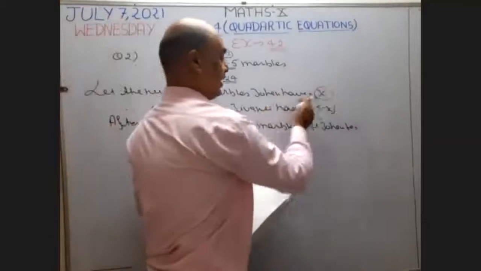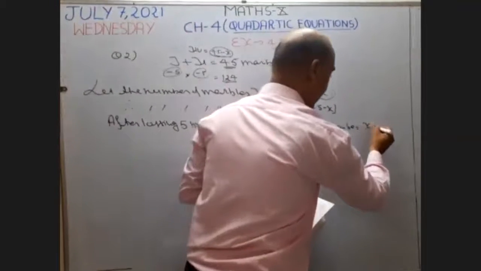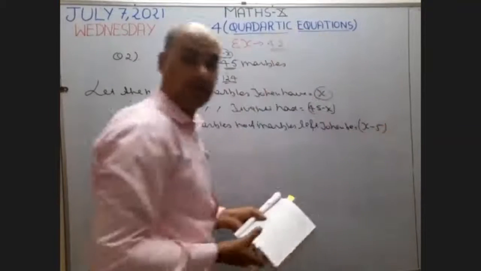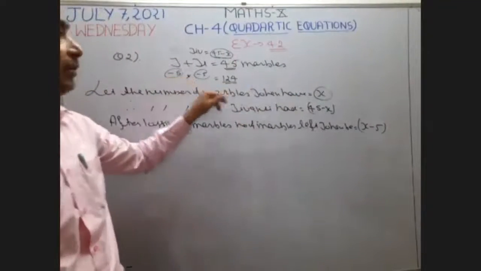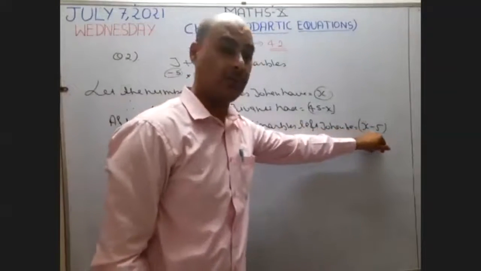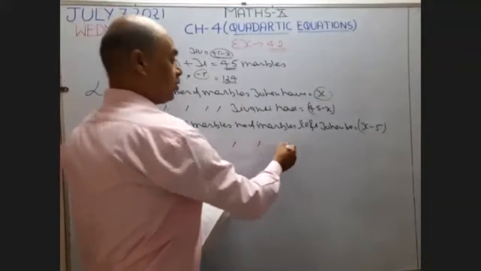Now at present John has X marbles. After losing 5 marbles, how many marbles are left? X minus 5 marbles left. John has X marbles, and 5 marbles he is going to lose. It means the remaining marbles is X minus 5. In the same way, after losing 5 marbles, number of marbles left